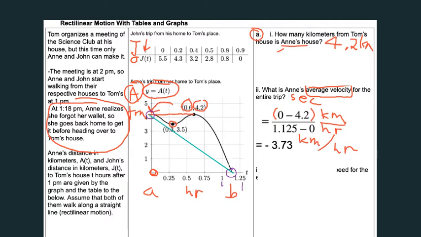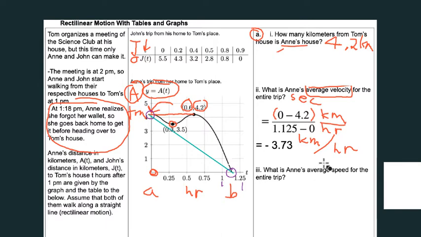And let's see here. What's the next question? What is Anne's average speed? Well, we know velocity has direction. Speed doesn't have a direction. Speed just is how fast, not where, right? Velocity means the distance is decreasing, in this case because of the negative. But average speed right here,